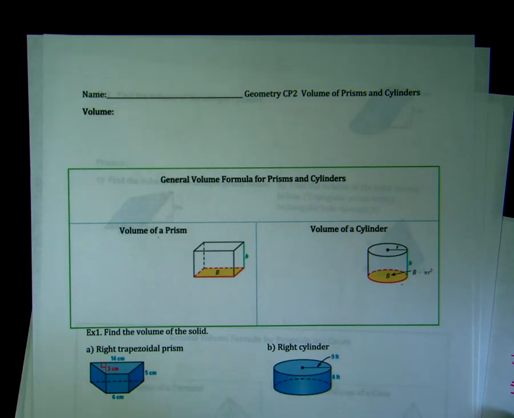Hey guys, we're going to cover two sections again today, basically covering all the volume stuff. So volume of prisms, cylinders, cones, and pyramids. So we're going to do pretty much all of this. A lot of the individual